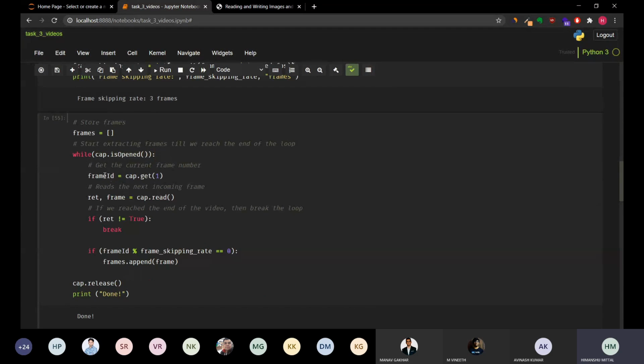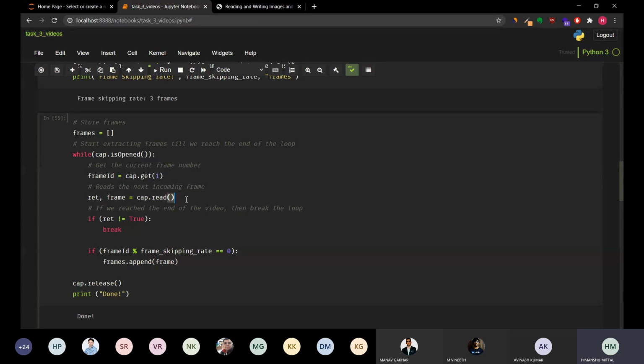So we have initialized this while loop. The frame ID, cap.get, again the get. This is the frame number from the documentation, the frame ID. I've mentioned all of this in the resources, so if you've gone through it, you will know that. Next is reading the next frame. What the cap.read function does behind the scenes is first grab the frame from the incoming video and then decode it to the proper format. So it does everything for you basically.